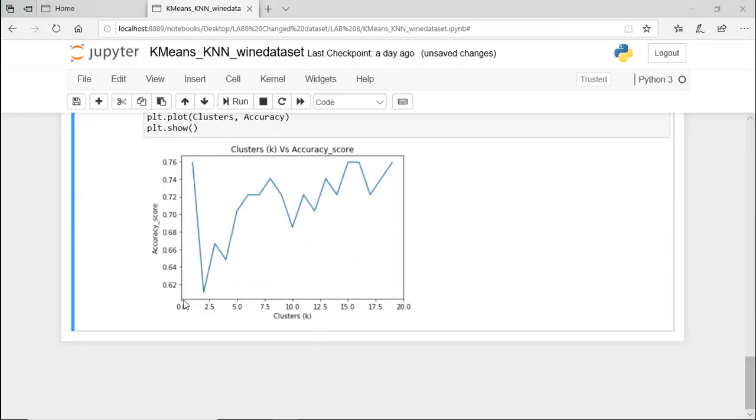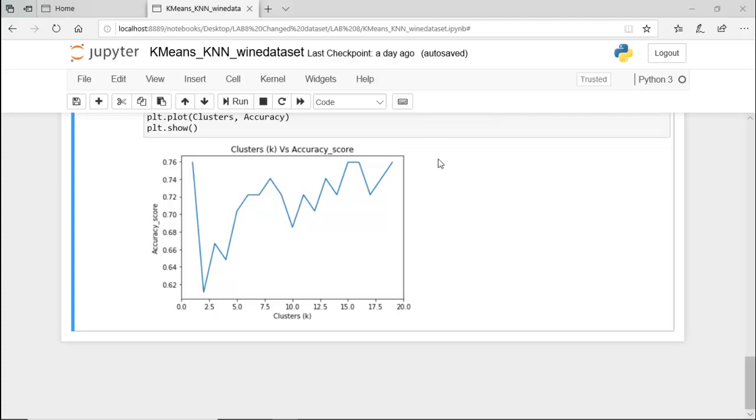You see, when the value of k in k nearest neighbor is equal to 1, how much is the accuracy percentage? It is 76. And then when it is increased to 2, there is a sudden drop and the accuracy goes down. When it is 3, this, when it is 4, this.